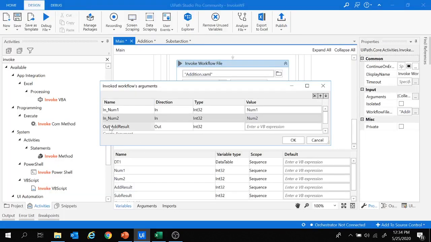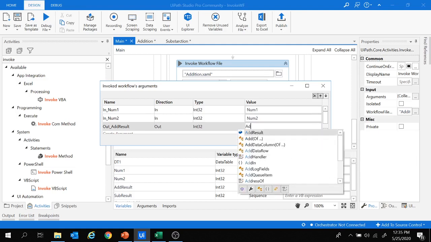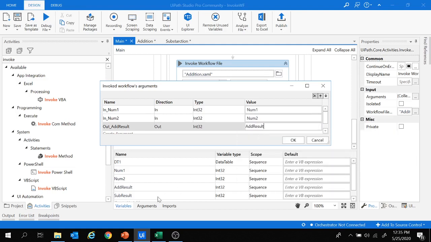Now the addition result will come from this addition workflow to the main workflow, which we will assign to this add result. This is the add result variable which we created over here. It doesn't have any value so far, so we are assigning the value of this argument which we created under this addition workflow to this add result variable.